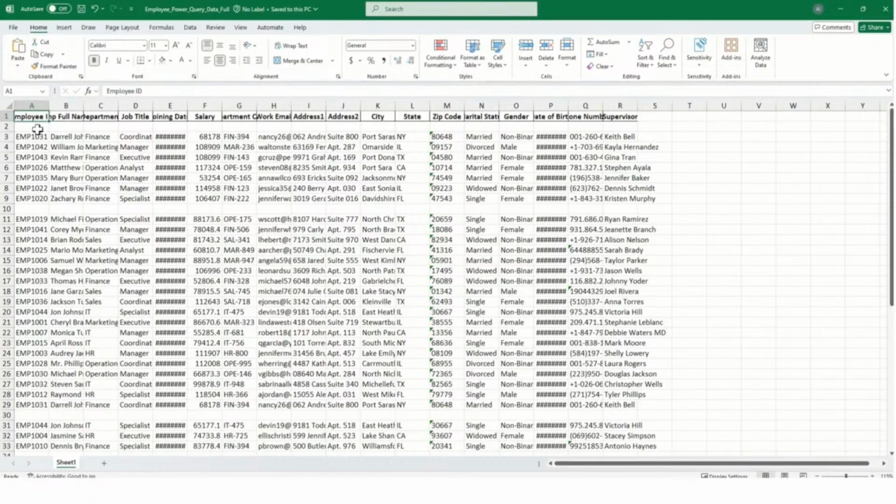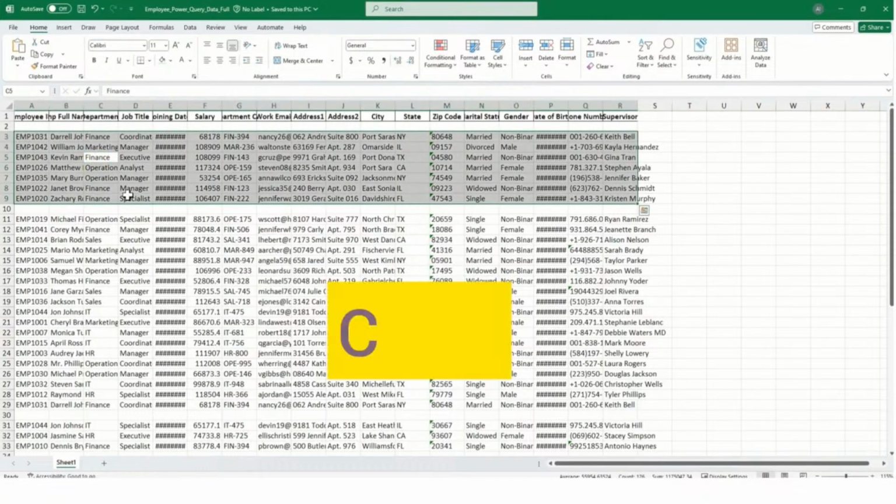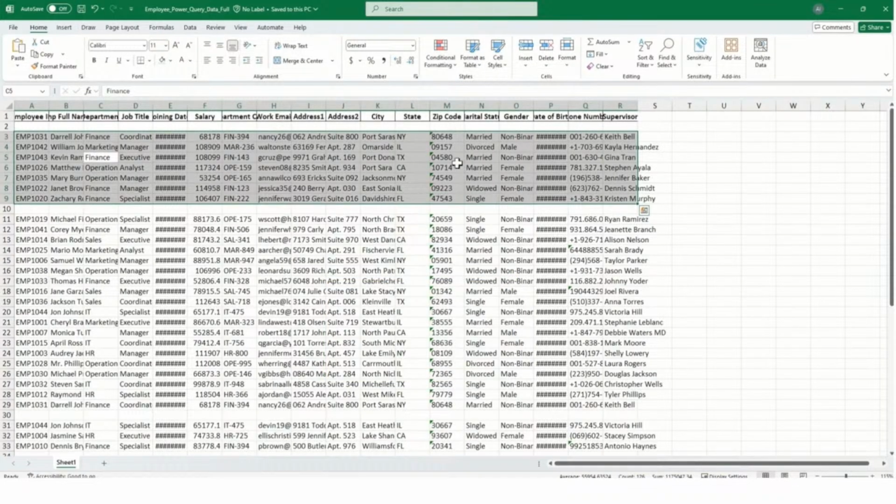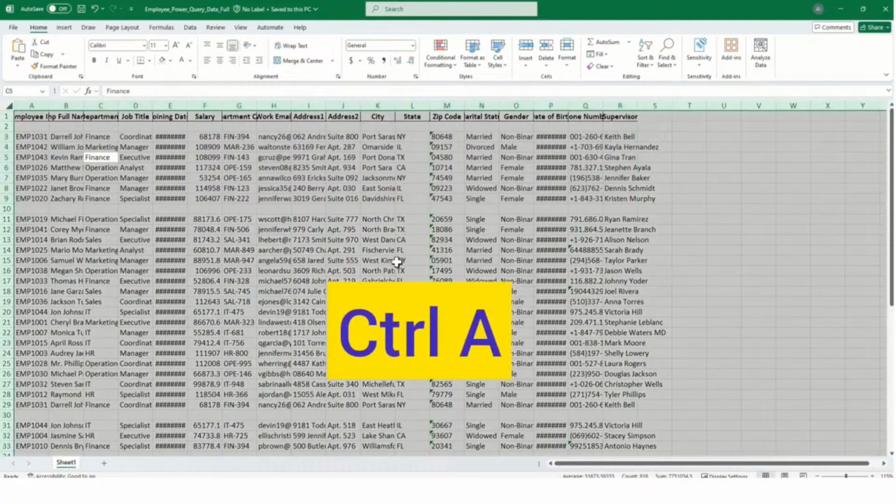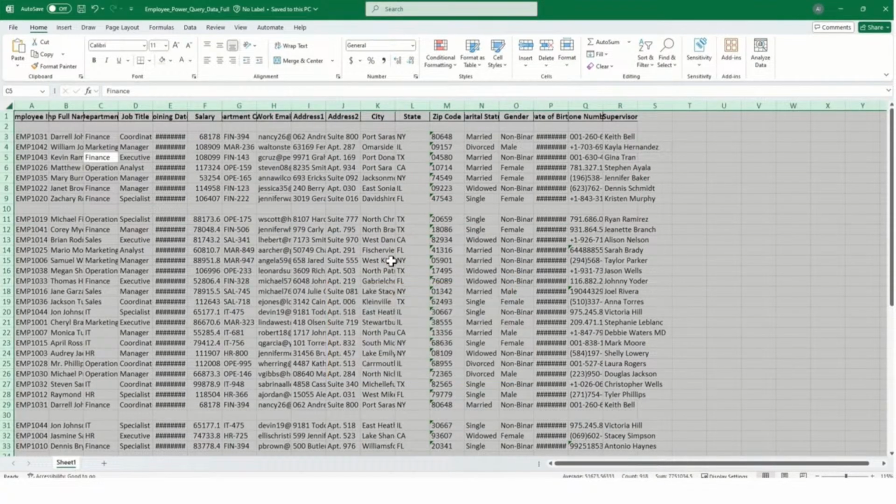पावर क्वेरी का यूज करने के लिए सबसे पहले आपको पूरा डेटा सेलेक्ट करना होता है। जैसे यहां पे ये डेटा है, इस पूरे डेटा को सिलेक्ट करने के लिए कहीं पे भी क्लिक करें और कंट्रोल ए प्रेस करें। आप देखेंगे कि आपका सिर्फ थोड़ा सा एरिया सिलेक्टेड है, पूरा डेटा सिलेक्टेड नहीं है। क्योंकि जब भी एक्सेल को कोई ब्लैंक रो मिलता है तो उसको समझ में आता है कि ये कोई दूसरा सेक्शन है और उसको सिलेक्शन में इंक्लूड नहीं करता है।